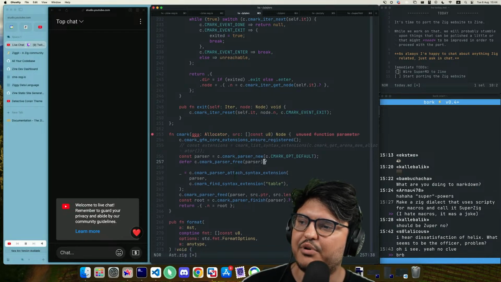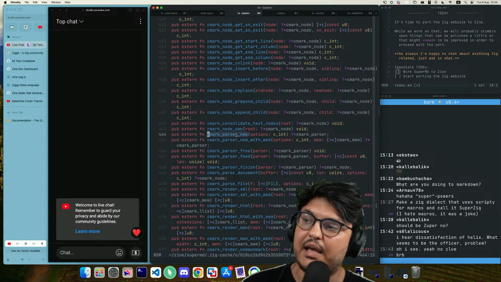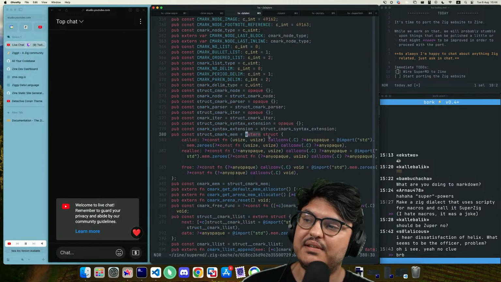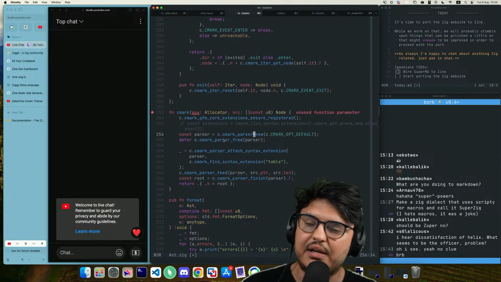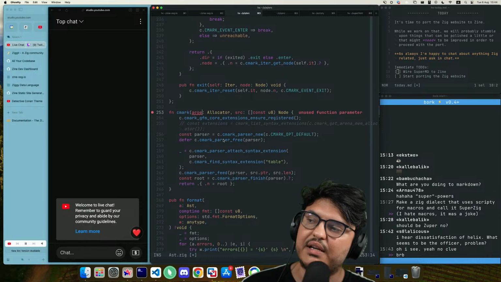CMark is a C library, and it likes to use its own allocator, unless you call CMark parser new with mem, which accepts a tiny struct where you can define your own allocator. So here's what I'll do. I'll work off the assumption that this GPA is not just a GPA, but an arena, because I don't think there is a point in making this work any differently than with an arena. Managing individual allocation is just stupid, so no.